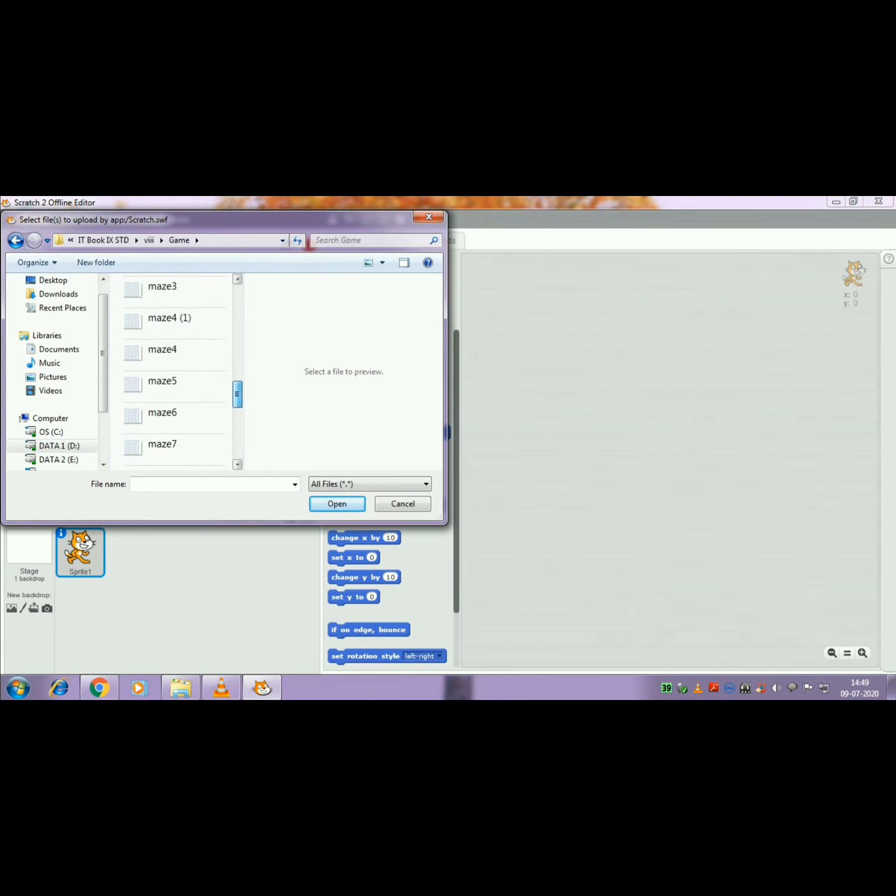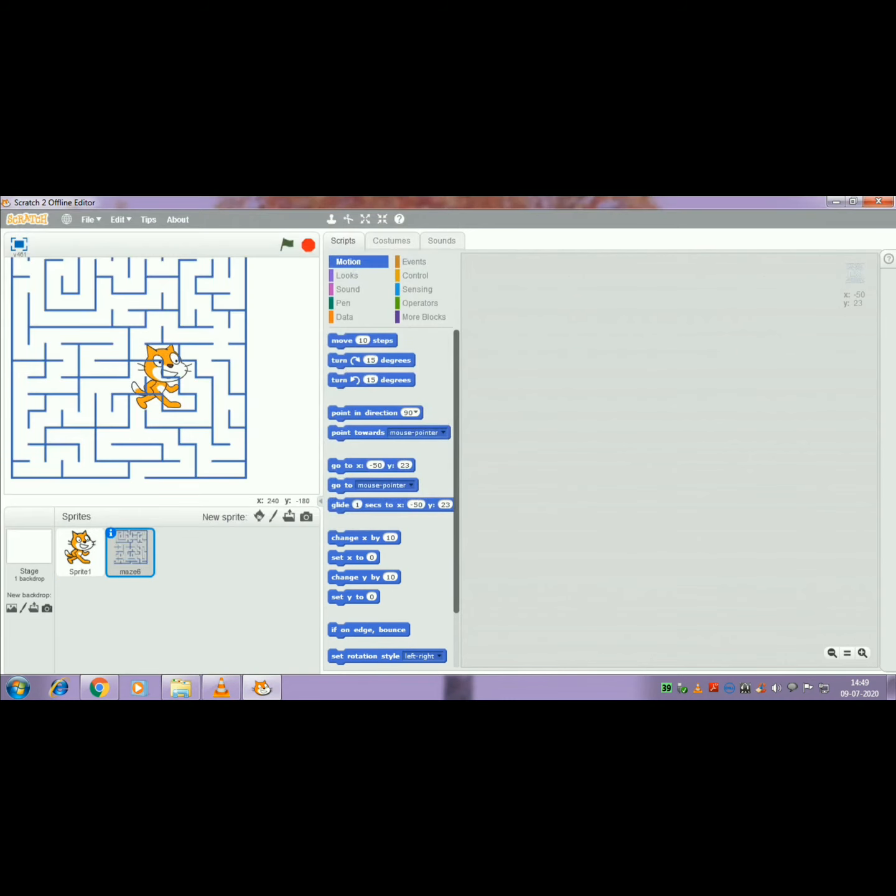I have an 8th standard folder, and inside it I have many maze images. I am going to choose one maze image from that and then insert it. Like this you have to insert the maze image first.